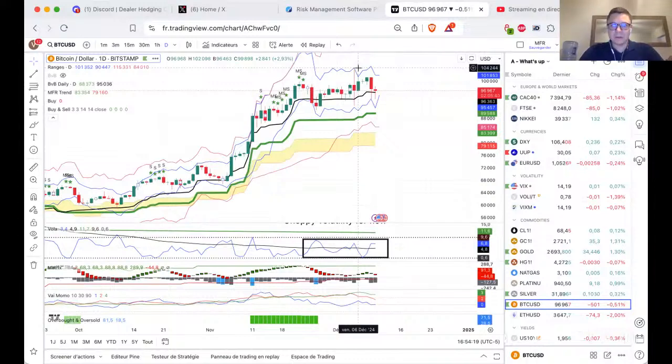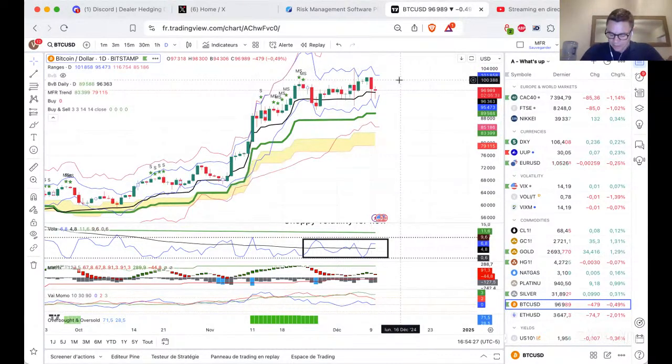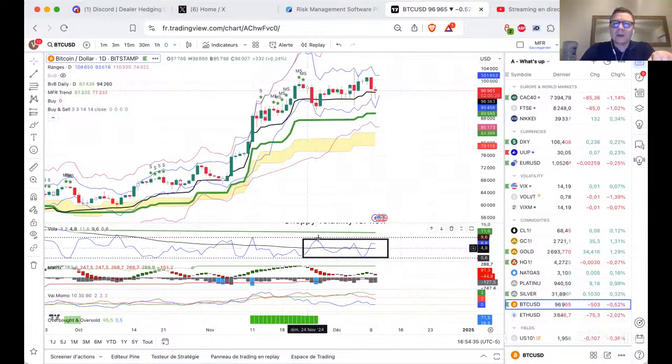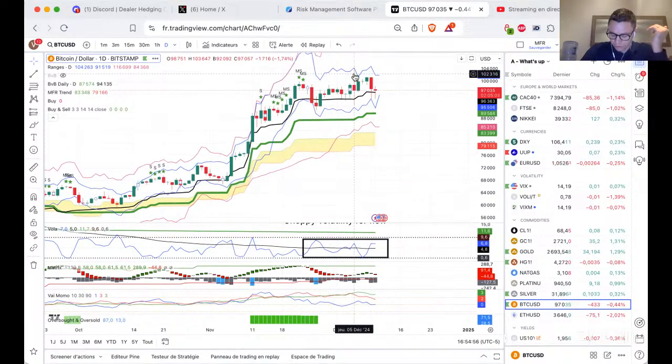For some reason that is unknown to me, it's having issues with 100K, right? It's trying to go above, but anytime, poof, getting smacked down. I actually have an idea, but I'm going to get to that later. Vola is not looking that great. It's very choppy. So the blue here, very choppy, not directional. And you want to see directional volatility to the downside. We are not seeing that. It seems to be stuck between bottom of the range and top of the range, not doing much.